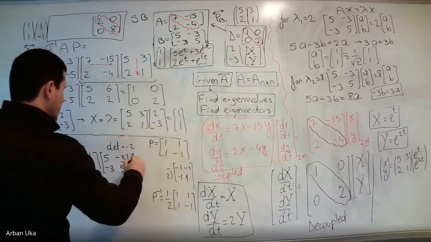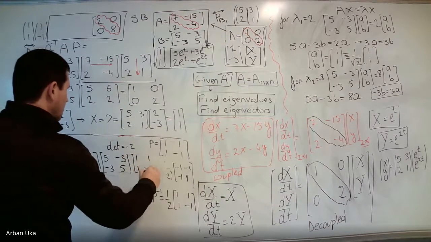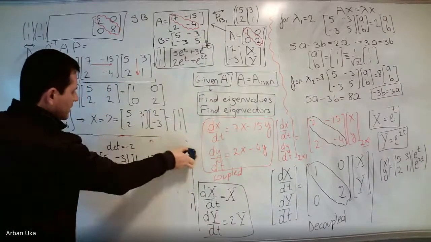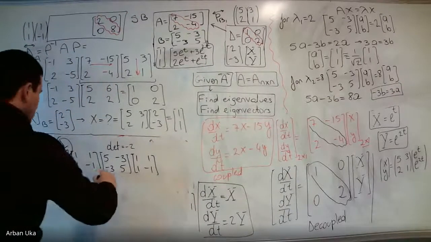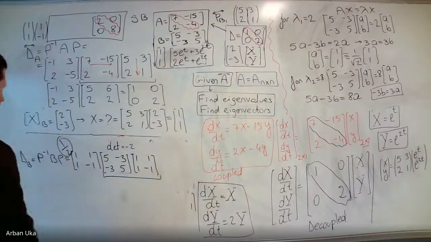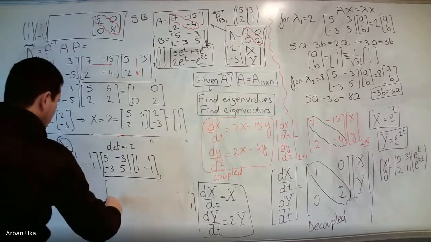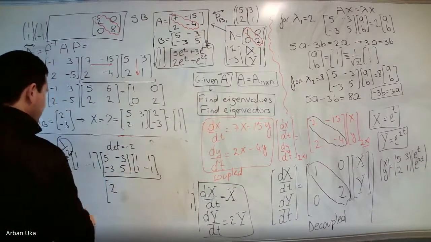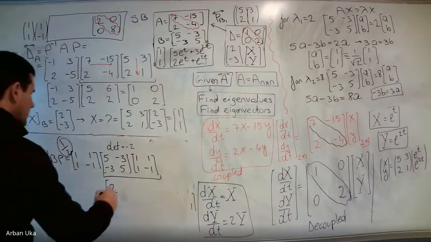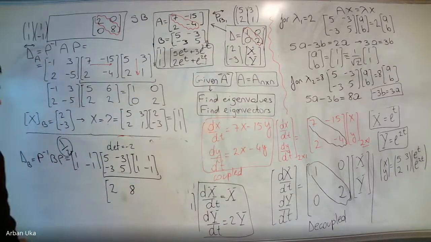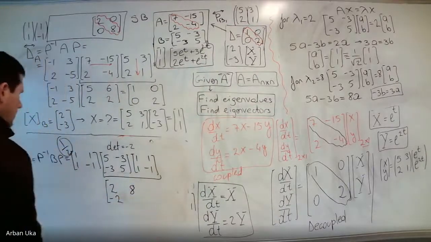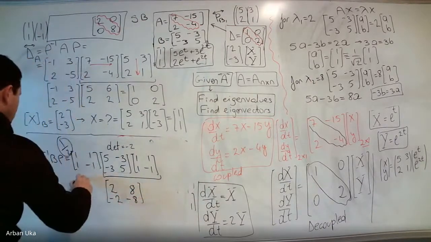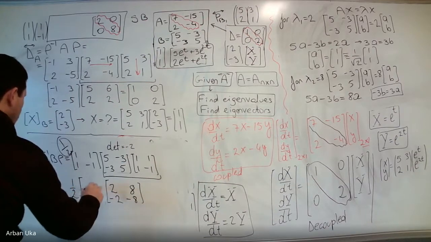Sorry, the matrix P is [1, 1; 1, -1]. So this was P and P inverse, and we saw how we got those. If we multiply these, we get the following 2 by 2 matrix: 5 minus 3, this is 2. Then 5 plus 3, this is 8. Then minus 2. And here we get minus 3 minus 5, minus 8. Multiplied by 1 over 2,